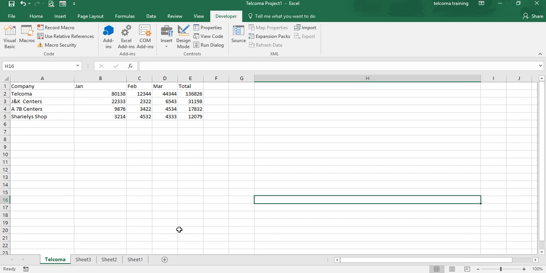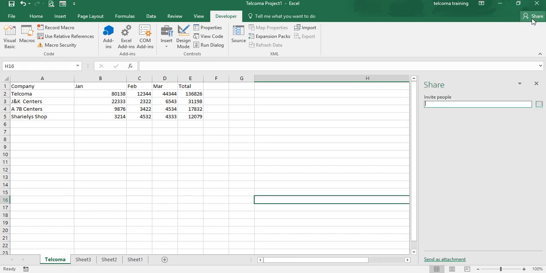Excel 2016 makes it very easy to share your spreadsheets with trusted clients or with your co-workers. What you have to do is just click the Share button. You can see it on the ribbon at the right side. When you press it, it will ask you to invite people. Here you can provide the email addresses to invite the people, like